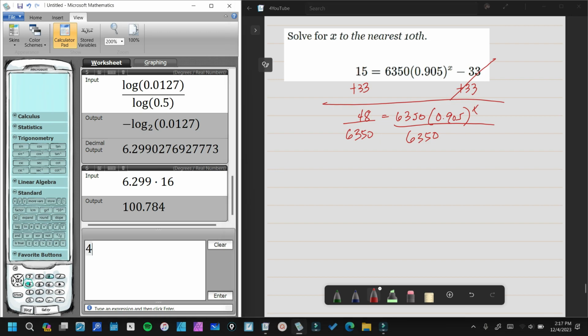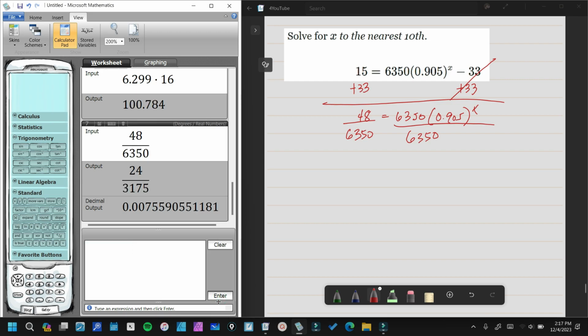So 48 divided by 6350. All right, so we have 0.007559. Let's have all those numbers here. Equals